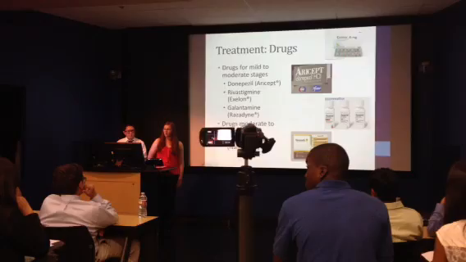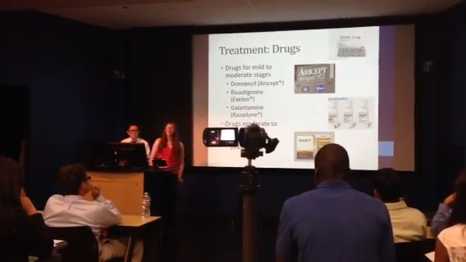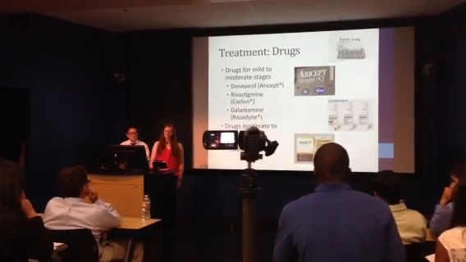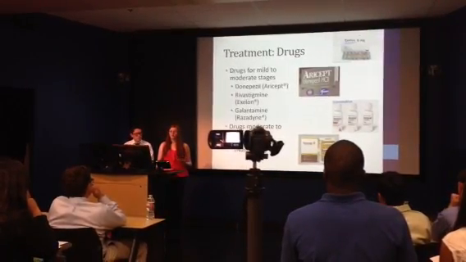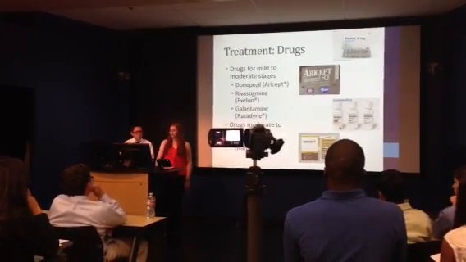And then there are a couple drugs that will help delay the progression of Alzheimer's, but it won't stop the progression and it won't reverse the symptoms. There's donepezil,